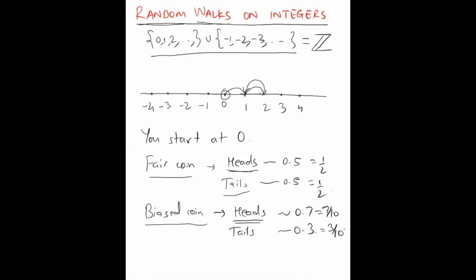So intuitively you're going to get a lot more heads than tails. Does this mean if you play with a biased coin, you're never going to come back to 0? You're just going to keep on going to the right? That is one question. Or if your coin is biased the other way, if your probability of tails is greater than heads, does that mean you are going to just drift off to the left side? There are a lot of questions like these.